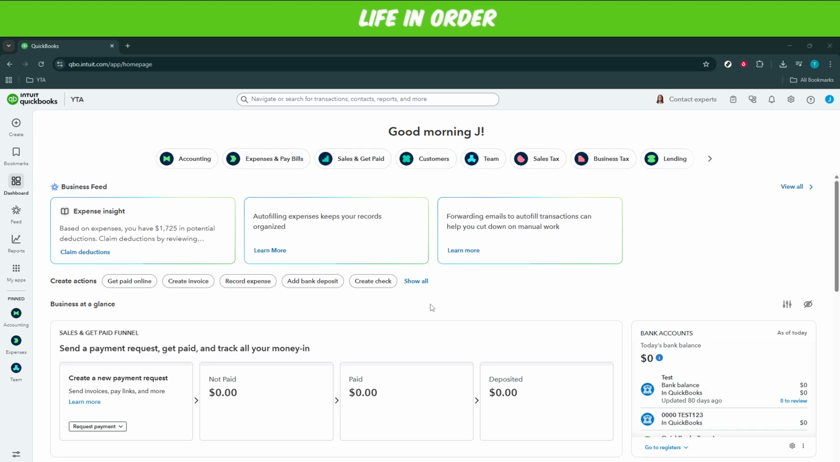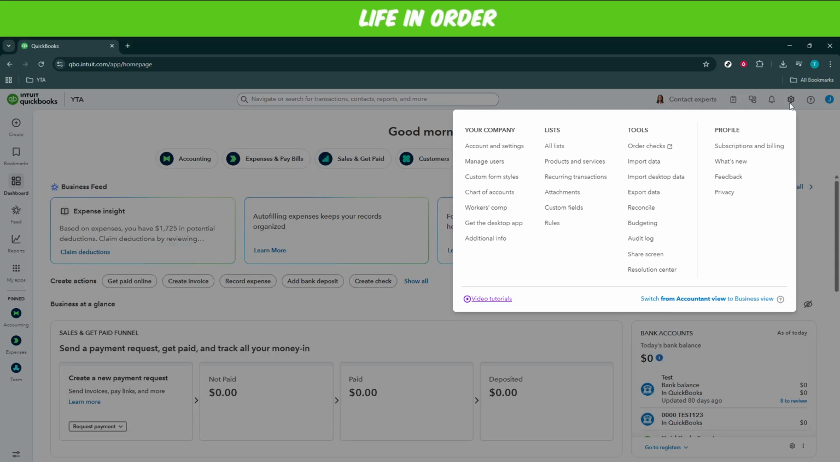After logging into QuickBooks, locate the Settings section. The Settings icon might look like a gear or cog, which is usually found at the top right corner of the dashboard. Clicking on Settings is the gateway to customizing your QuickBooks experience and accessing various essential tools. It's crucial to familiarize yourself with this area, as it will be instrumental in tailoring QuickBooks to suit your business